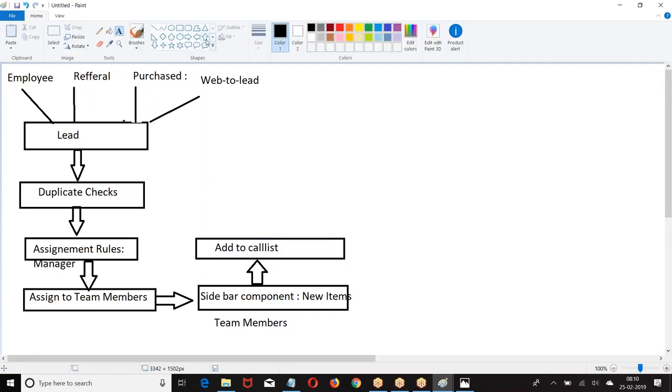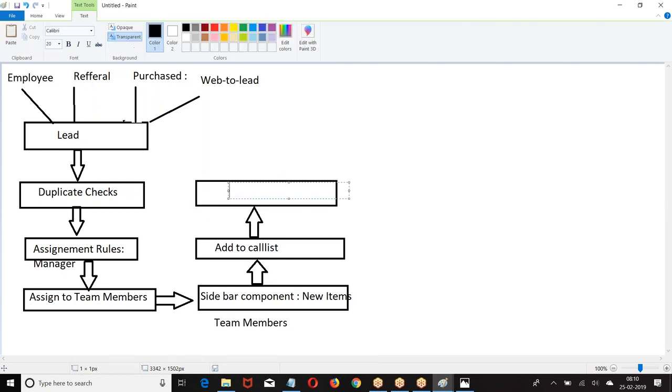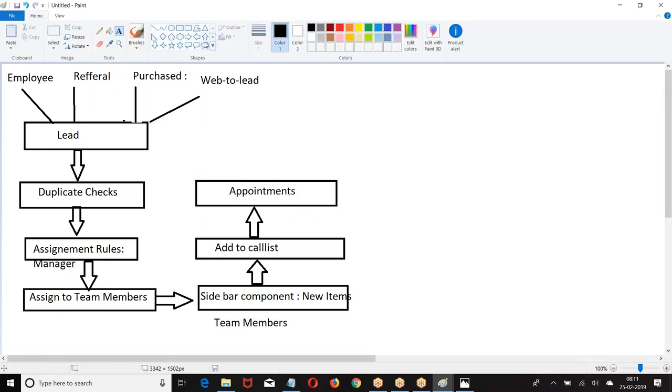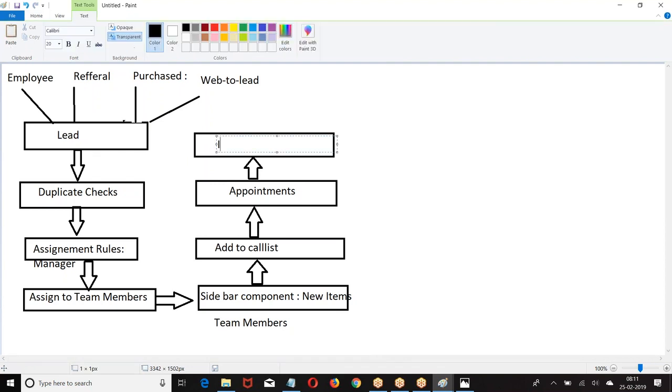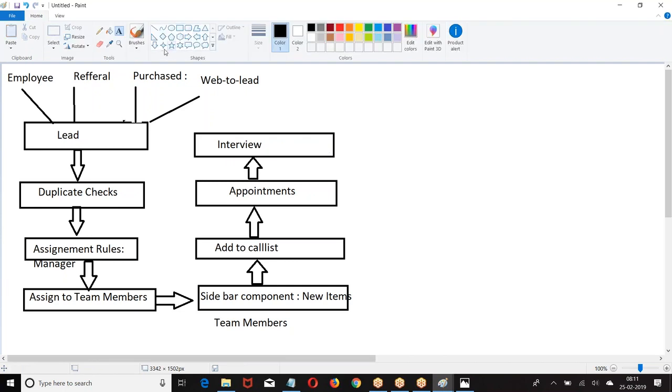Add to call list. Appointments. Then interview. Then we will convert the lead into